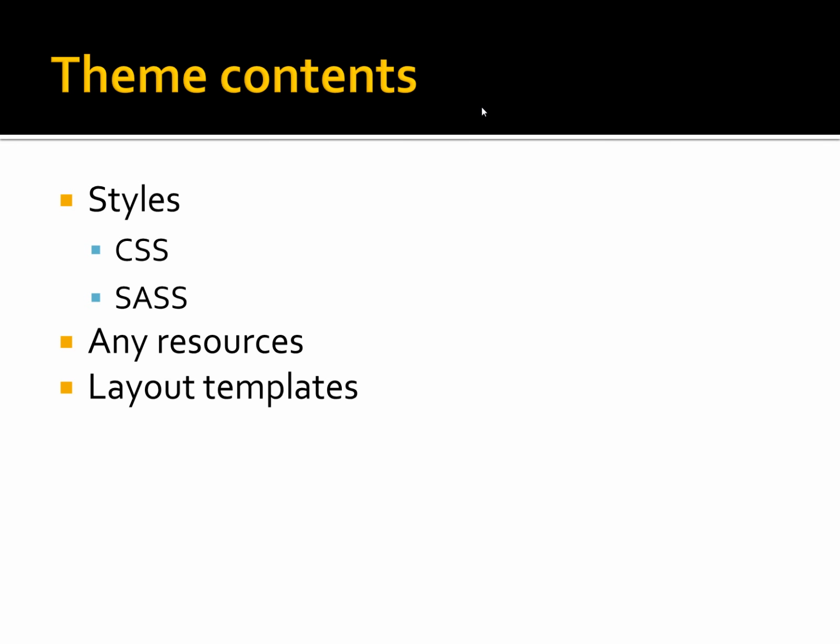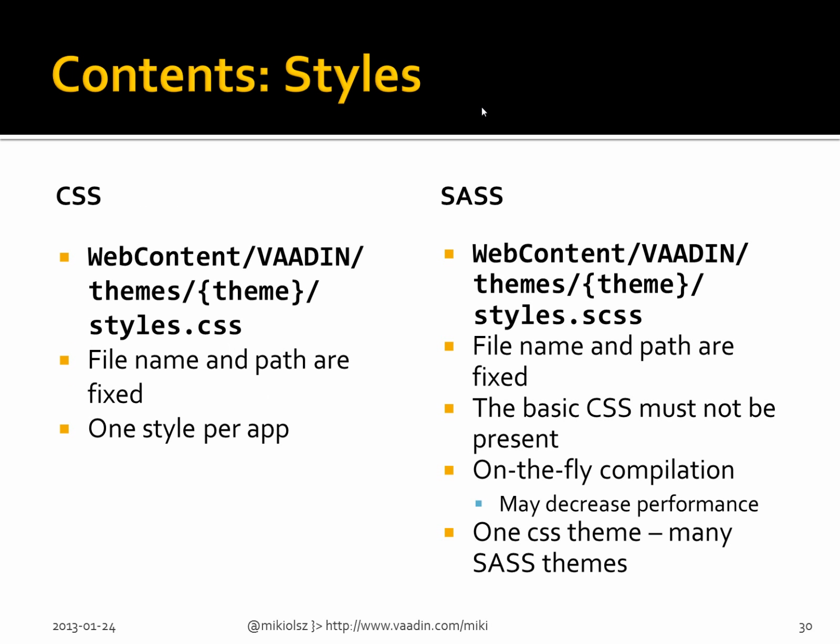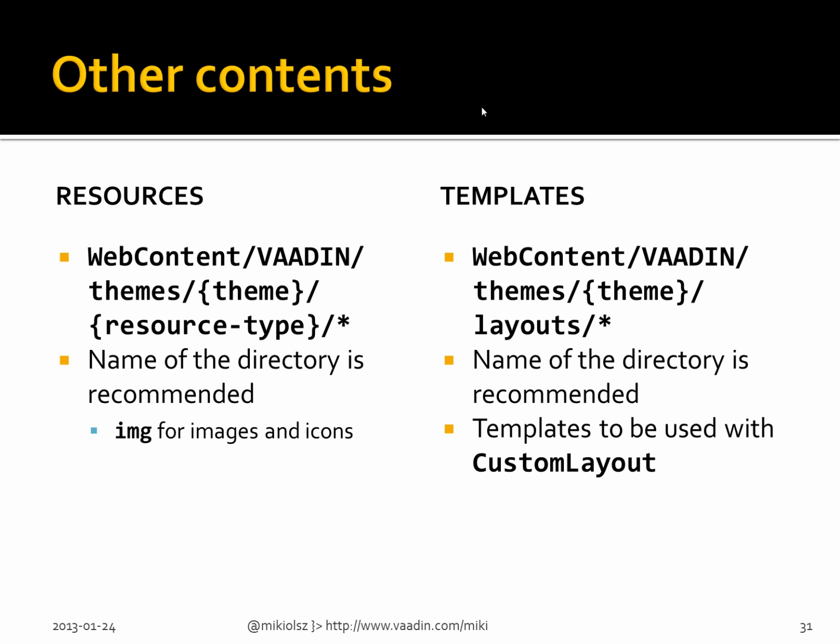Each theme contains styles, which is usually CSS, any resources that can be reused, for example background images or sound files that you want to play when the user enters a page, and all the layout templates that you might want to use. Styles can be either CSS or Sass, which is syntactically awesome style sheets if I remember correctly. Other contents we can have in a theme are resources and then templates, and these are all used with the custom layout. So if you are not using custom layout, of course, then you don't include templates in your